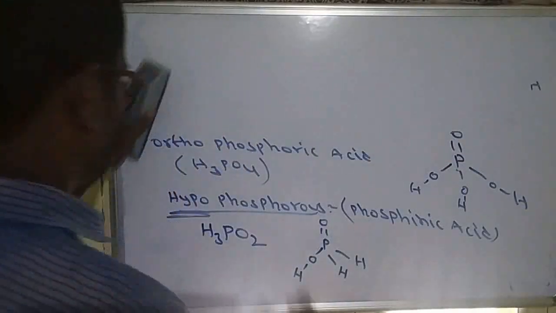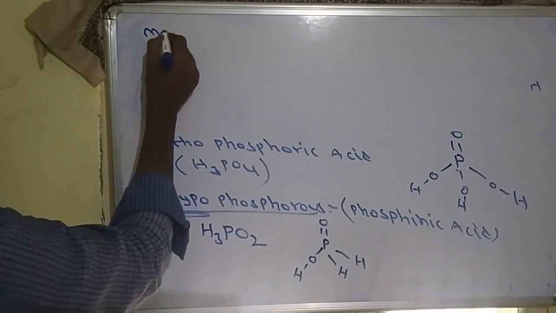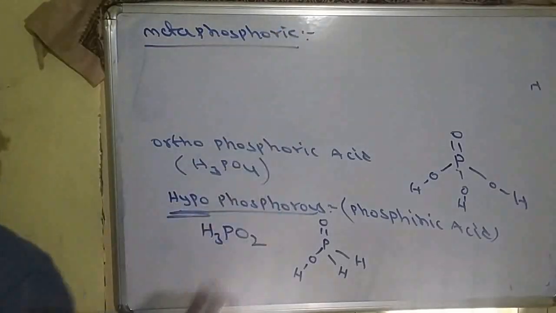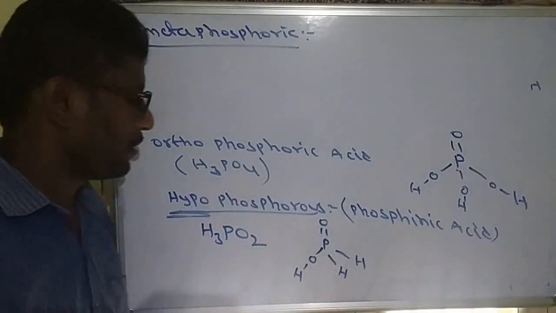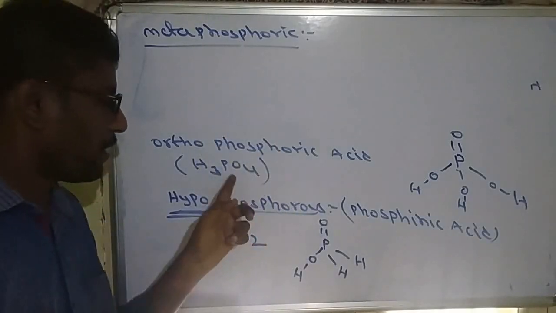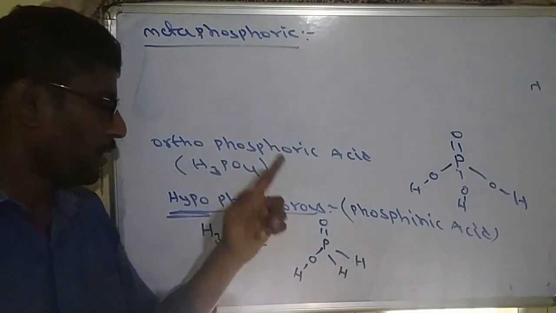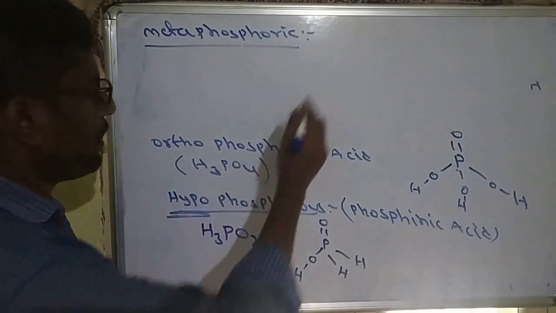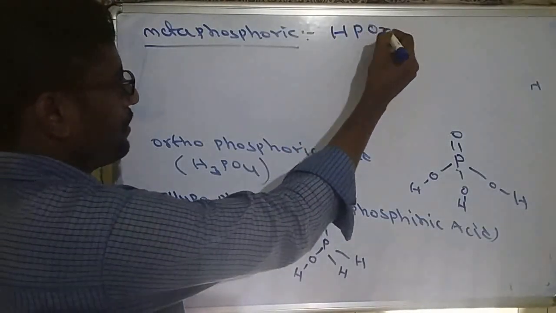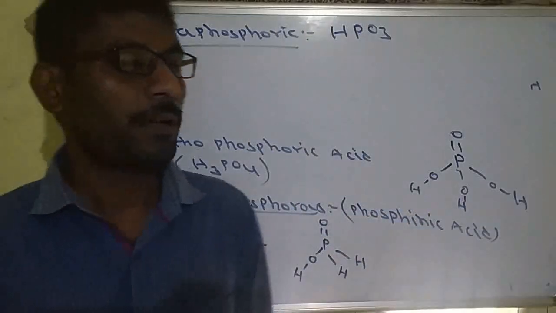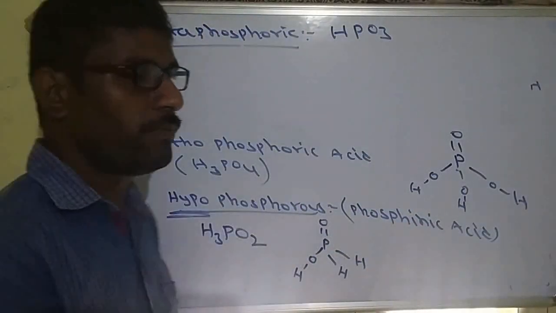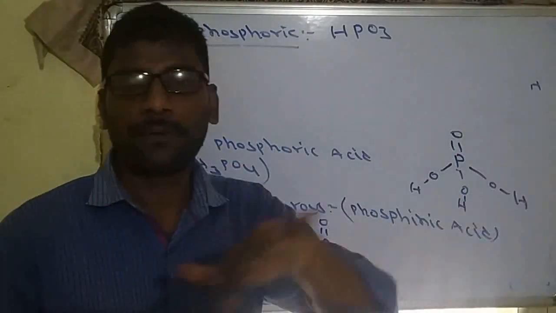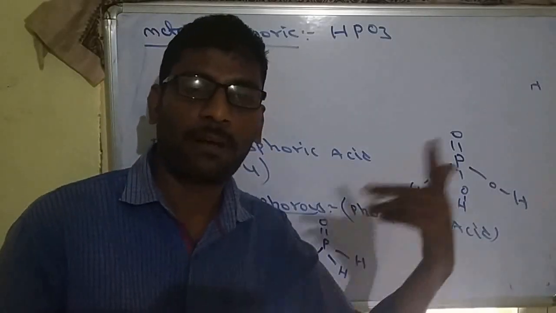Similarly, if the question is asking about metaphosphoric acid. Meta means removal of water from one molecule. Phosphoric acid formula is H3PO4. One water we are removing. Water means H2O. Two hydrogens and one oxygen we have to remove. So what is remaining? One hydrogen, one phosphorus, three oxygens. That is the metaphosphoric acid formula, HPO3. So like that, any formula that is given, we can write. We only have to remember the first important formulas, phosphorus and phosphoric. Remaining will come automatically.